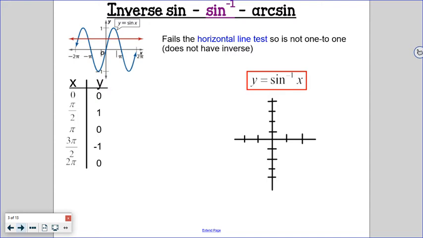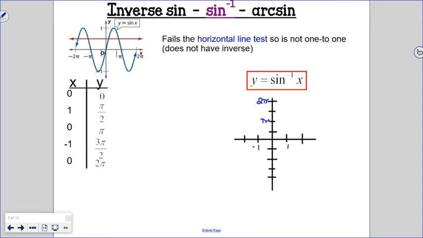If this was my normal ordered pair to draw a sine curve, to get its inverse, I flip-flop the x's and y's. But the weird part about doing that is, remember the weird way we number our x-axis when we draw a sine curve? Well, now that weird way has to be up our y-axis instead. So as I'm graphing these flip-flopped x's and y's to get this inverse, I now label my y-axis the way I used to label my x-axis. So 2 pi and pi,